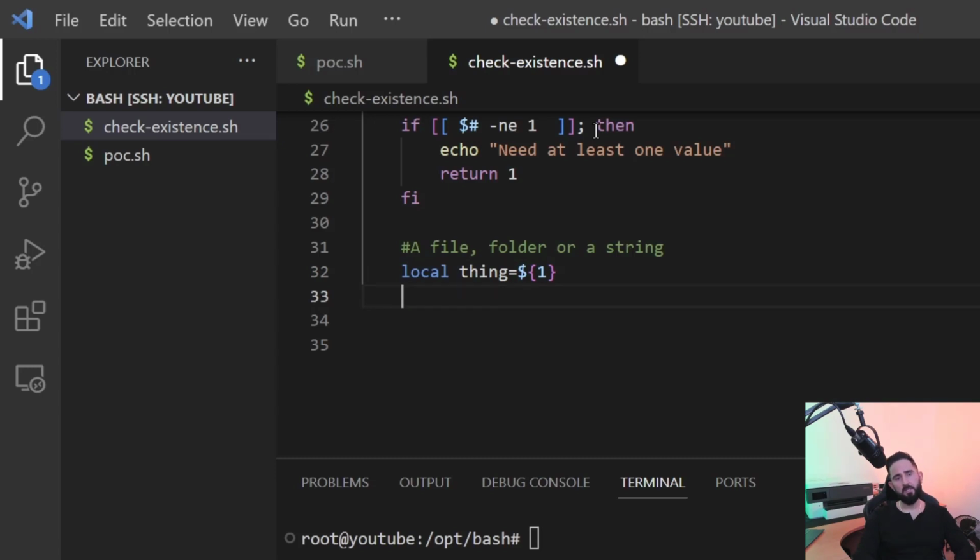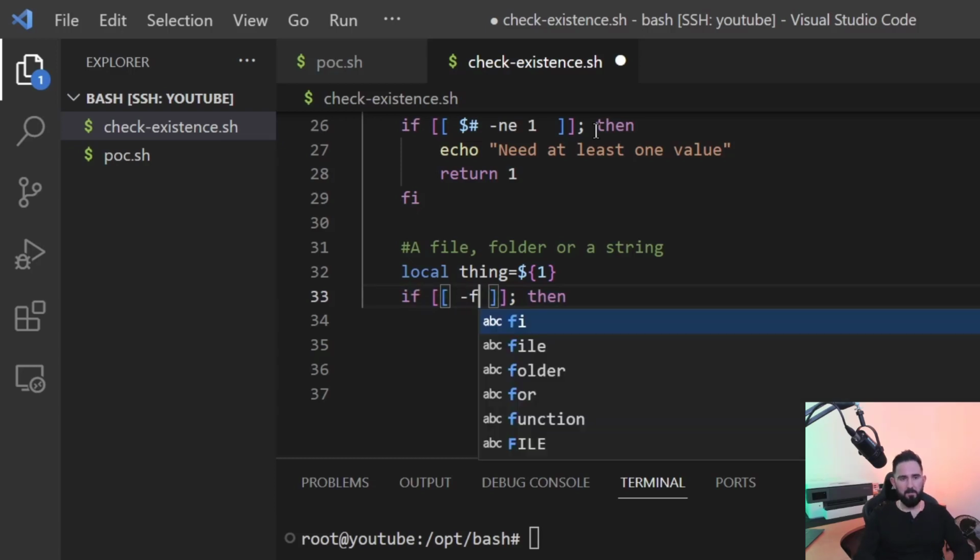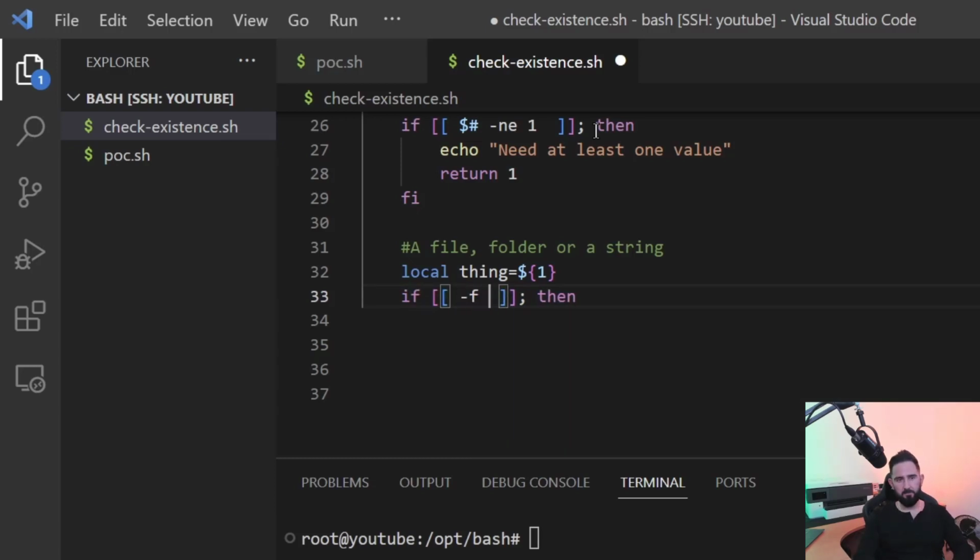Now, to do these checks, to complete our function, we need to do an if. Let's just do some double if blocks here. So let's just grab this syntax here. We said a file first, so if thing is a file, and it's always good to have quotations around these in case there's a space in the name. So if thing is a file,